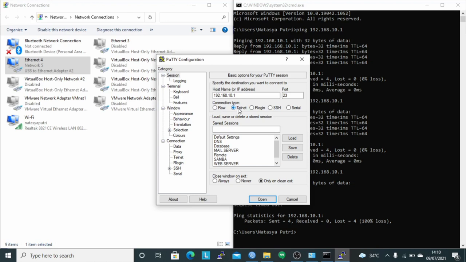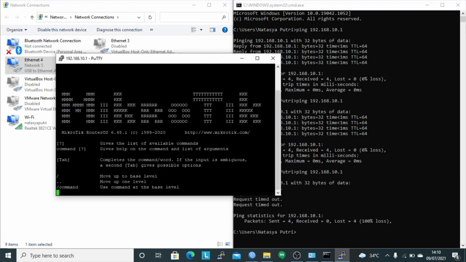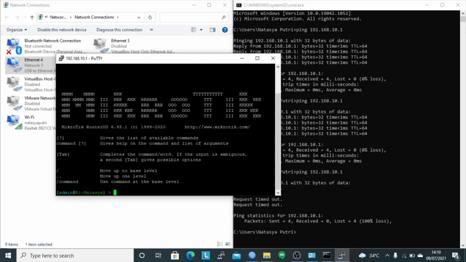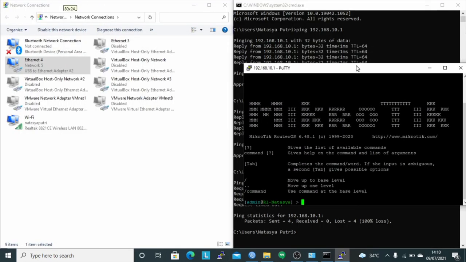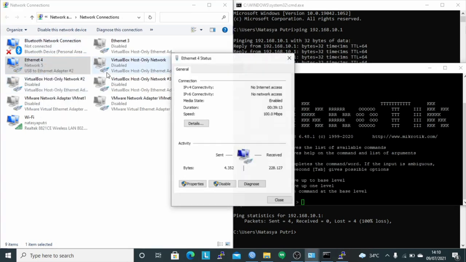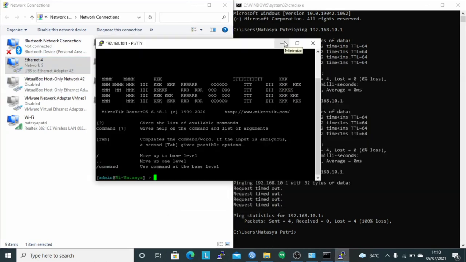Use the connection type Telnet, click open and log in using admin. It can be seen that we have successfully remoted the router using Telnet. For the client IP, use 192.168.10.30.